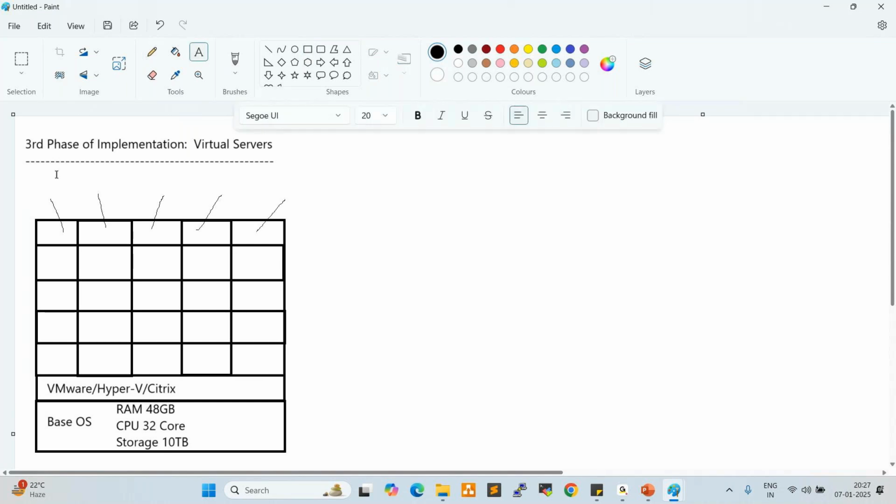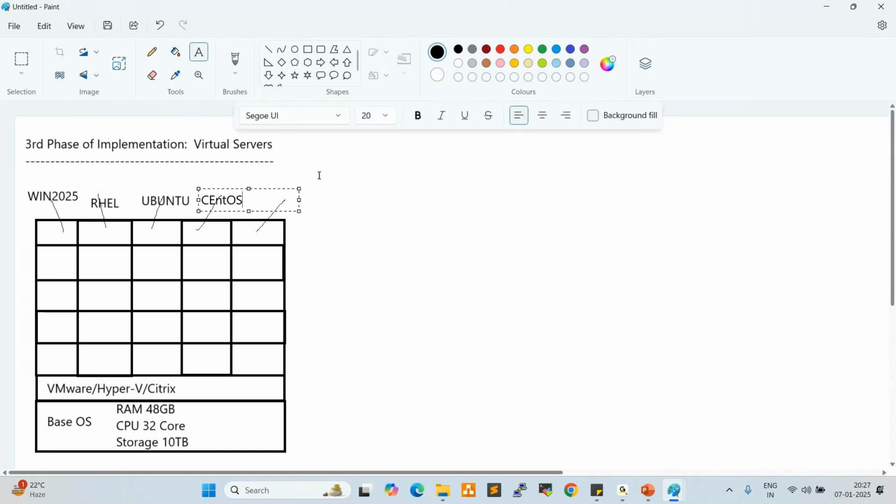So here you can deploy different operating systems like Windows 2025 latest OS, and here I can deploy RHEL Linux, Red Hat Enterprise Linux, and here I can deploy Ubuntu Linux version. Here CentOS.